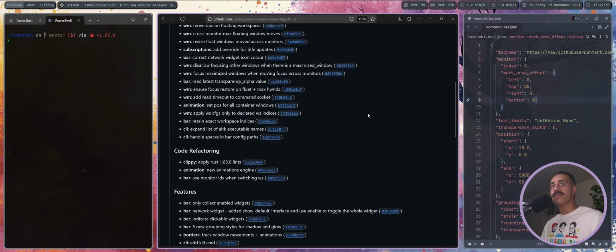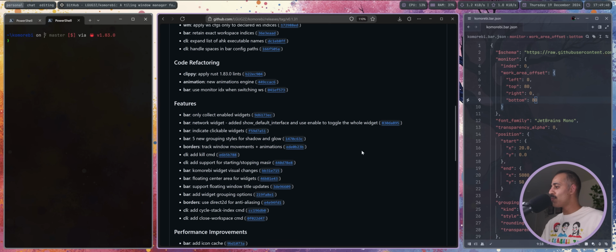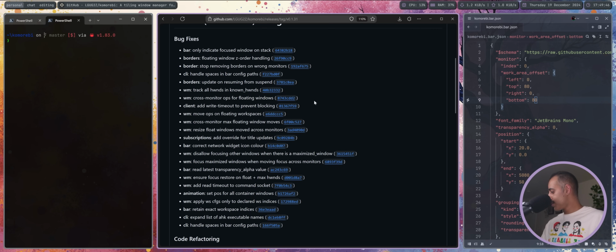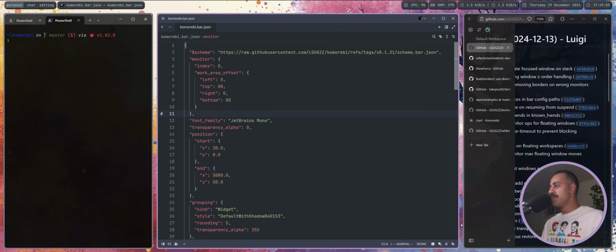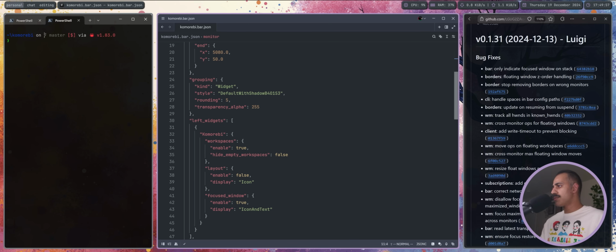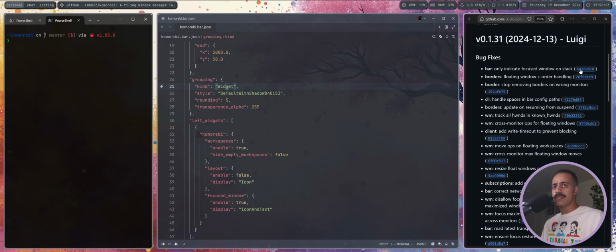The bar has seen a whole bunch of work. If I just Control F, you're just gonna see bar. So where to start? I actually wanted to do a live demo because there are so many options and I thought it'd be really cool to show. So we have now grouping options. And actually, before I get even further into this,